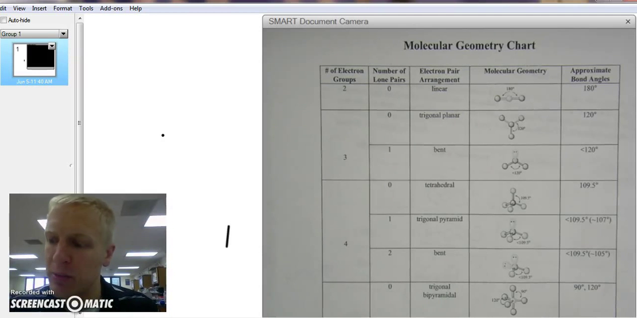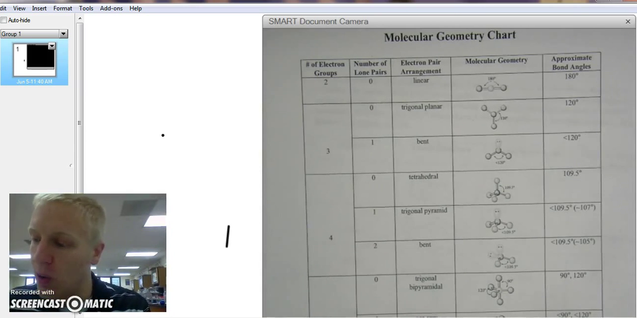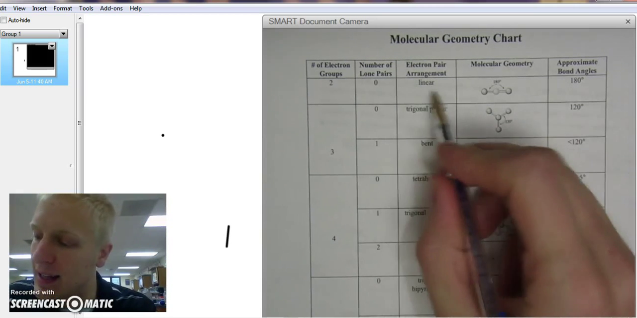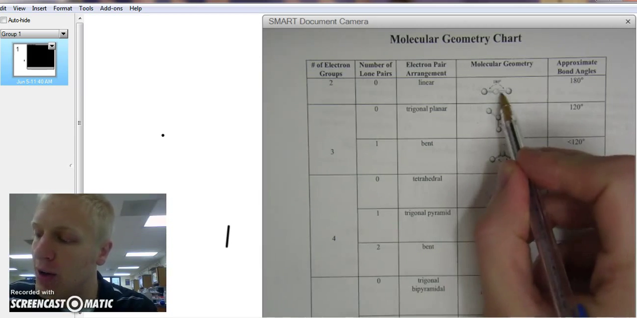Hello, in this video I'm going to be going over molecular geometry and also hybridization, and we'll talk a little bit about bond angles, but bond angles will most likely be bonus on any assessment. So, looking at molecular geometry first, it's going to be linear if you have 1, 2 outer atoms and 0